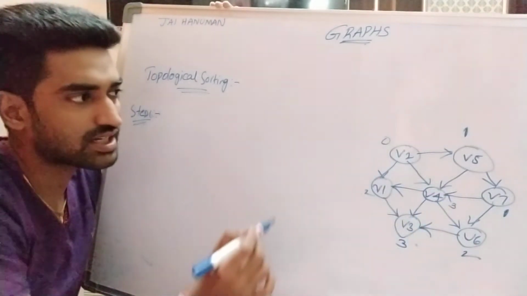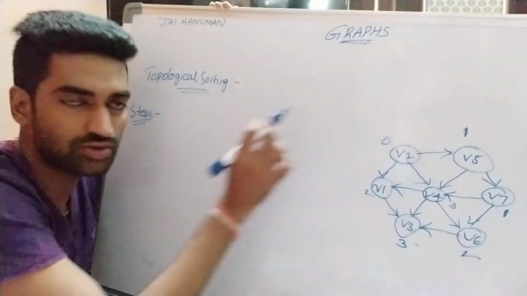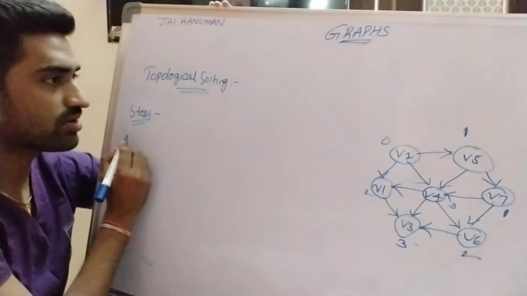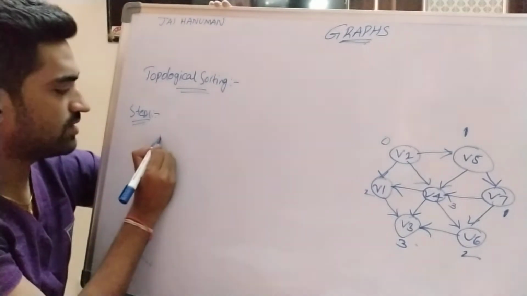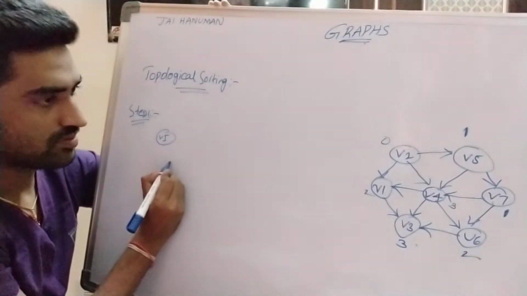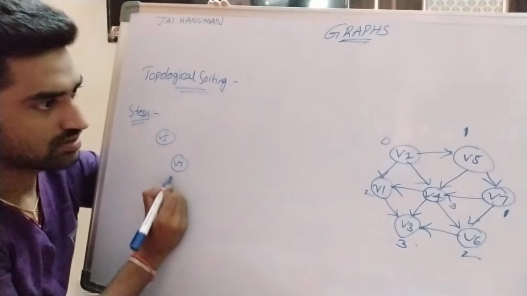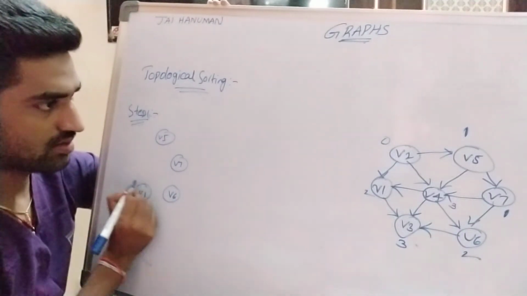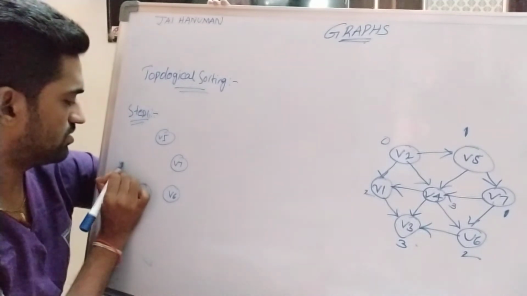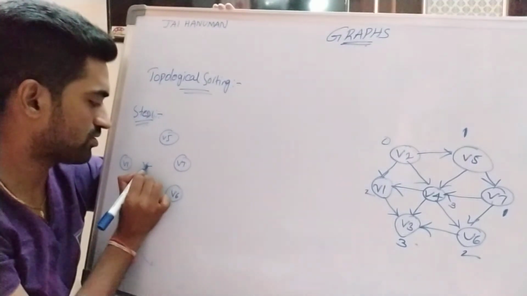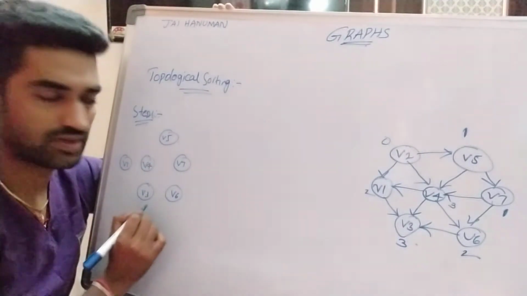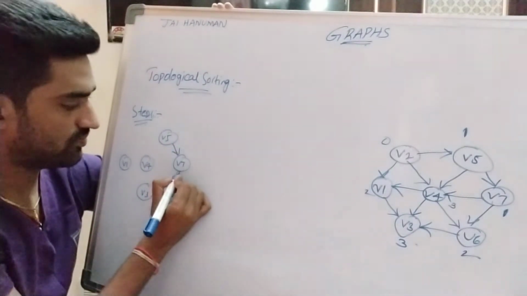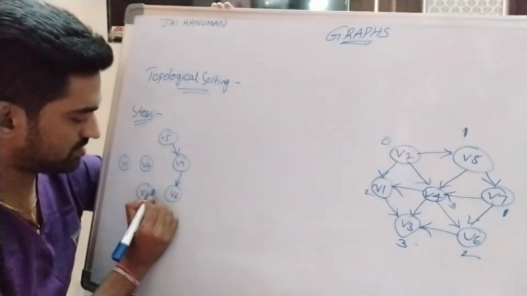So which vertex contains integrity 0? V2. So that's why this can be removed from the graph and added to the output, right? Now graph becomes V5, V7, V6, V3, V1, V4, right? So here possible connections are V5 to V7, V7 to V6, V6 to V3,